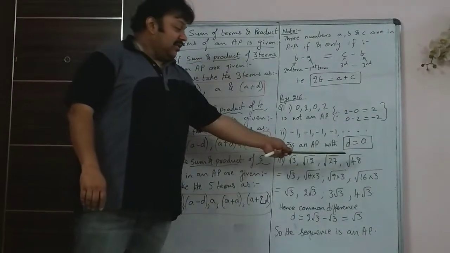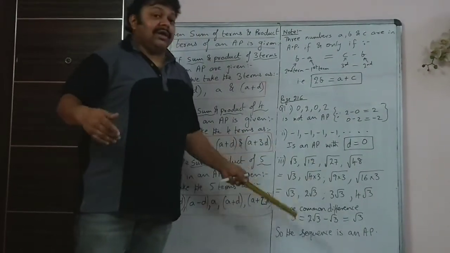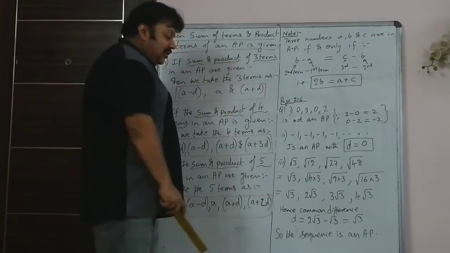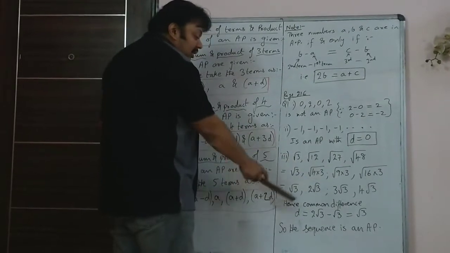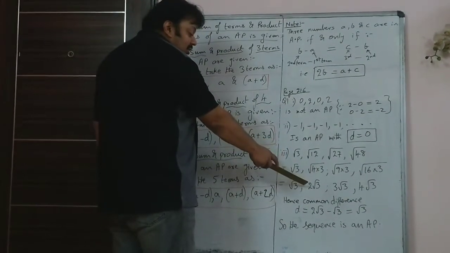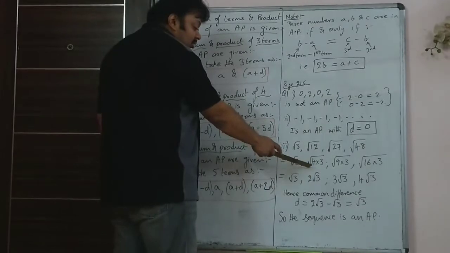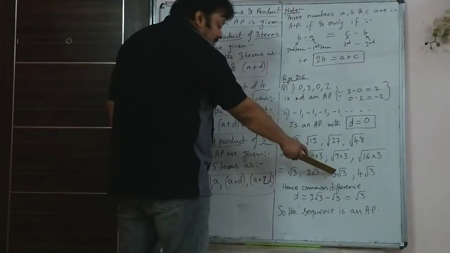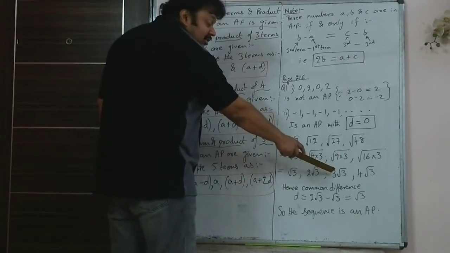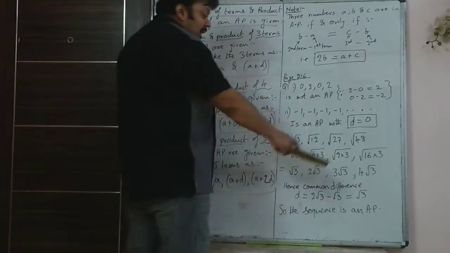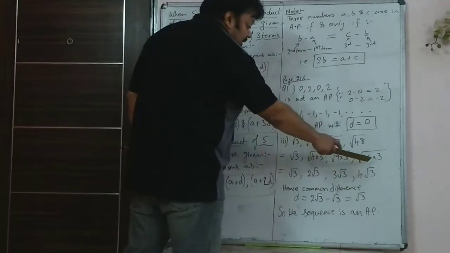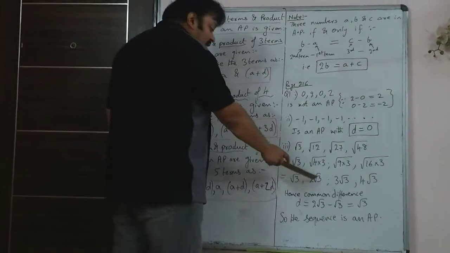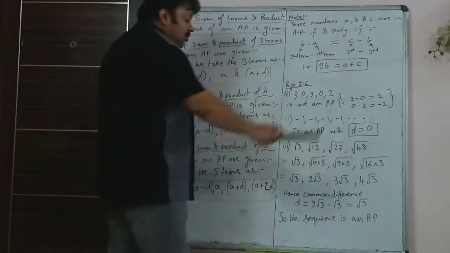Now when you get such a sum, looking at this, you can't tell whether it's an AP. So you will have to reduce root 12, write it as root 4 into 3. So root of 4, when it goes outside the root, it becomes 2. It becomes 2 root 3. Then root of 9 into 3 will become 3 root 3. Root 9 is 3, it comes outside the root, 3 root 3. And root of 16 into 3 is 4 root 3. So root 3, 2 root 3, 3 root 3, 4 root 3 and so on.